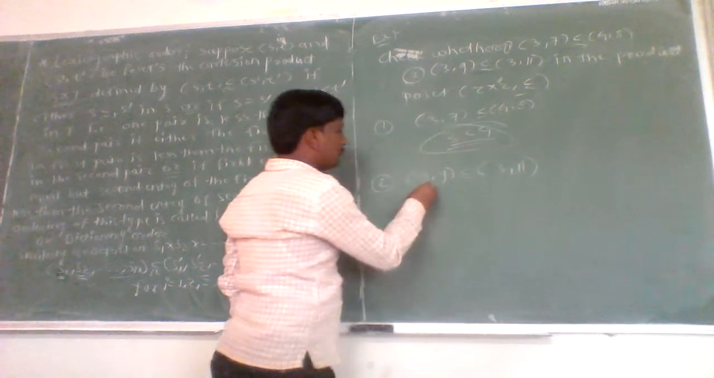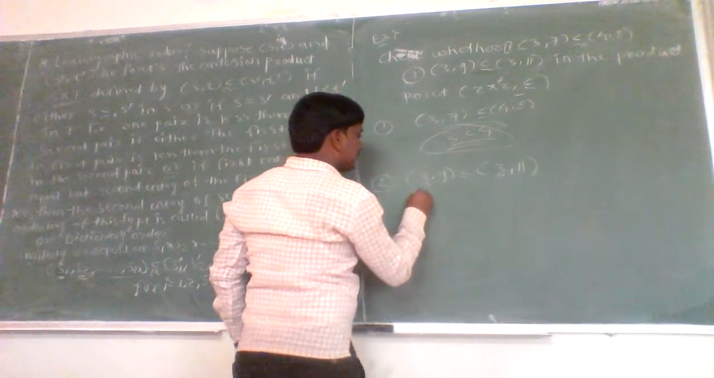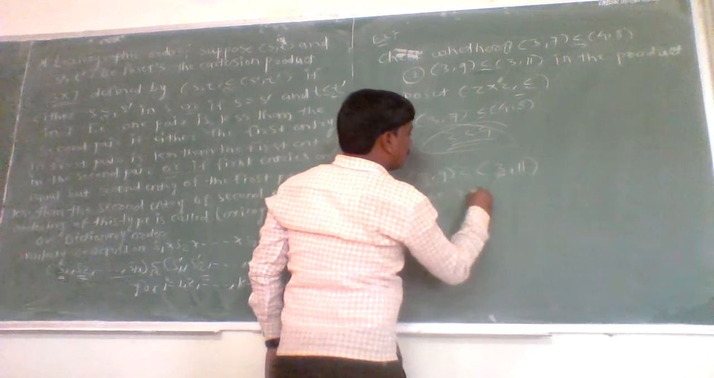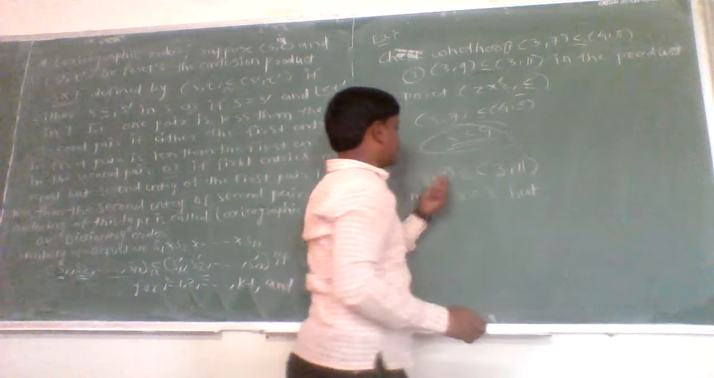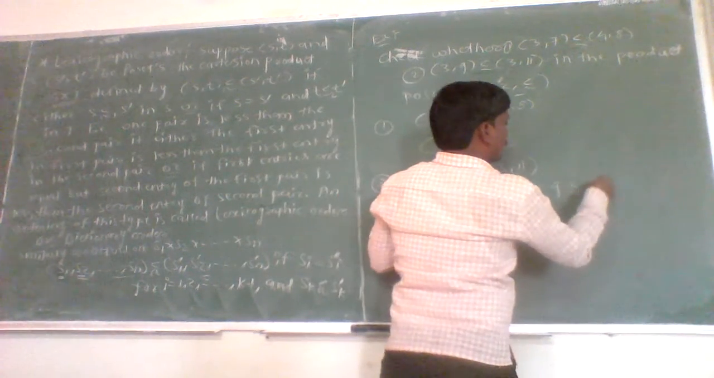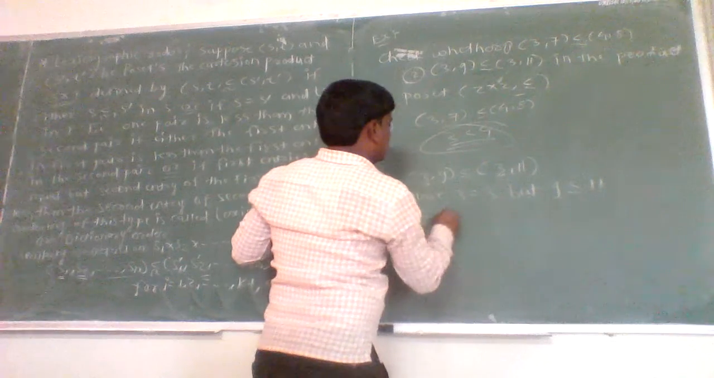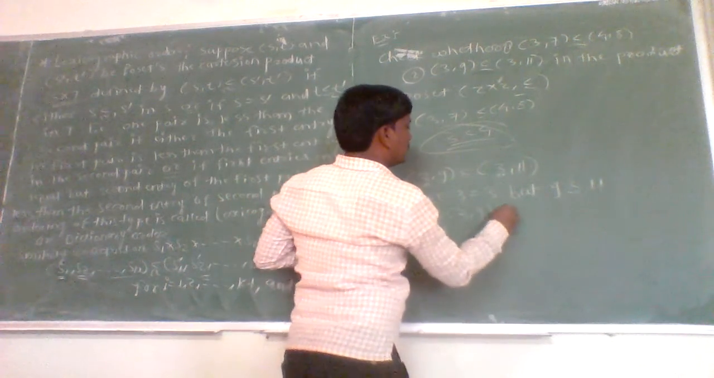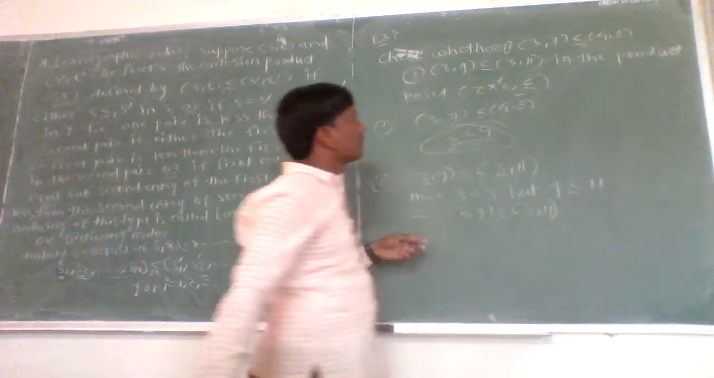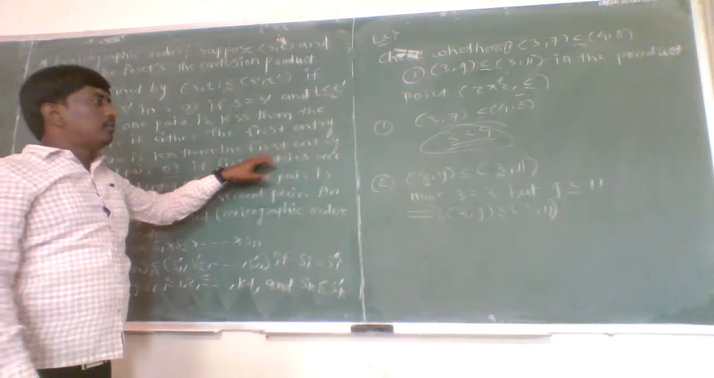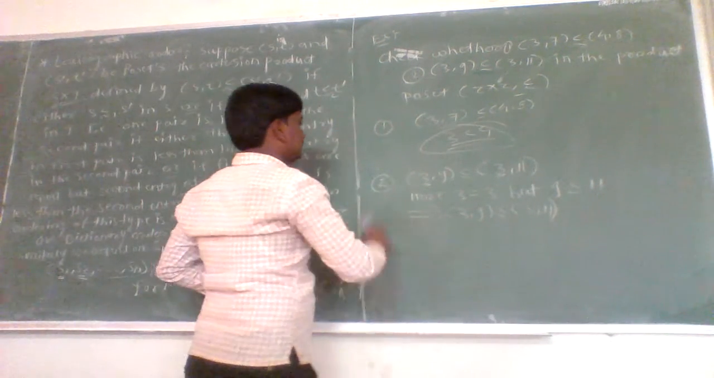So here we have to check the first entries in both pairs. Here 3 is equal to 3, but the second entry of the first pair, 9, is less than or equal to 11. Which implies this (3, 9) also holds the property. Hence both the examples are true. Okay. Now,